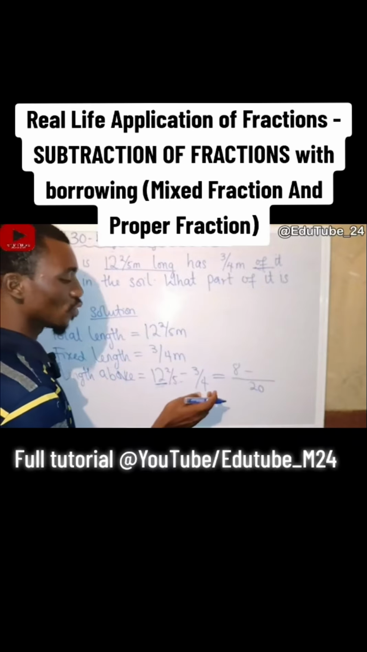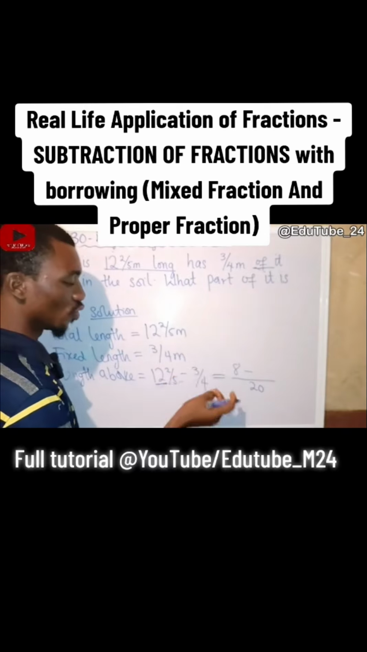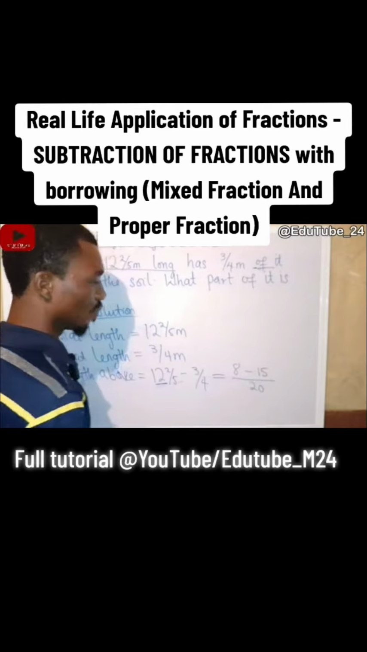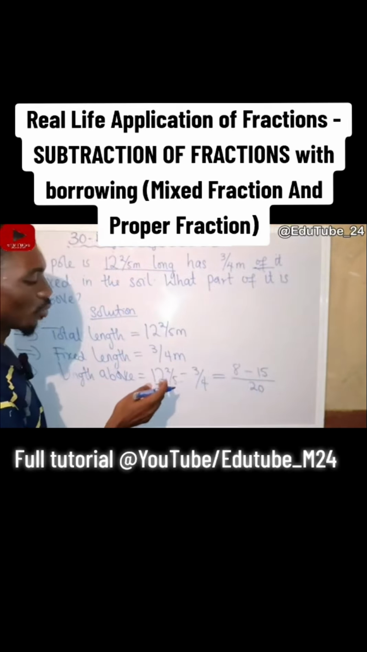Then I'm going to use the second denominator, which is 4. 4 in 20, that is 5. So I'm going to use my result to multiply the numerator. 5 times 3, and that gives me what? 15. Now you will see that 8 cannot take away 15, and that is where I'm going to bring back